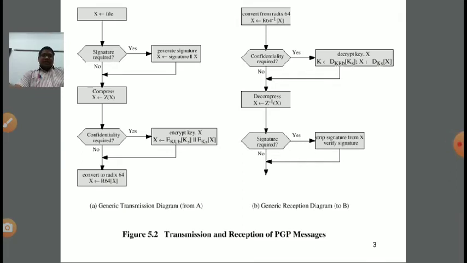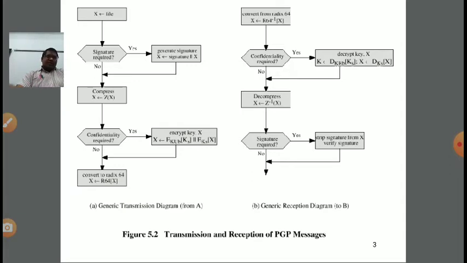Now the message is transmitted in Radix 64 format. Before that encryption has been done, before that compression, before compression digital signature, and initially the original message. So original message, digital signature, compression, encryption, and after that Radix 64. Now our message is transmitting in Radix 64 format, right?